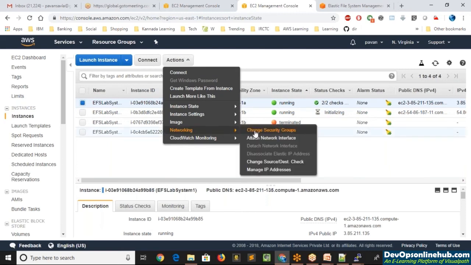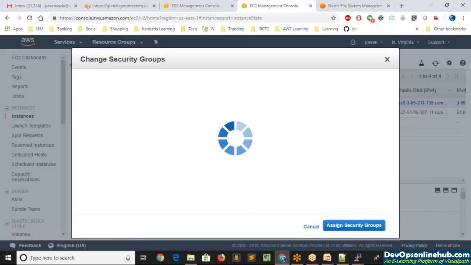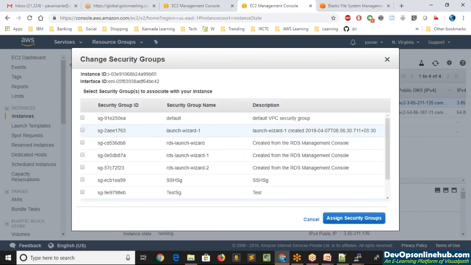So we are going to change the security group. We have already added the web server group, but apart from that I would like to add one more security group, that is the default security group. Remember, our EFS file system also has the default security group attached. It's the same security group I'm also going to attach here. I'll say assign security groups.